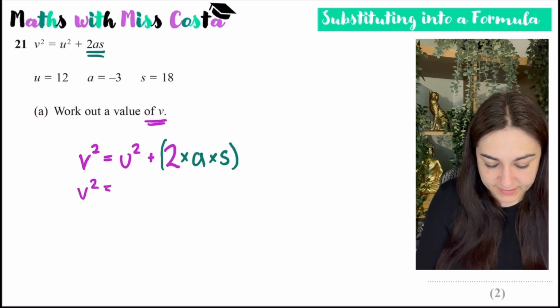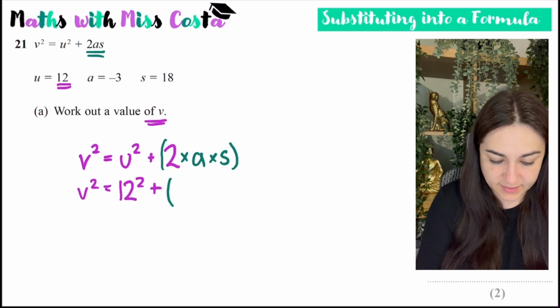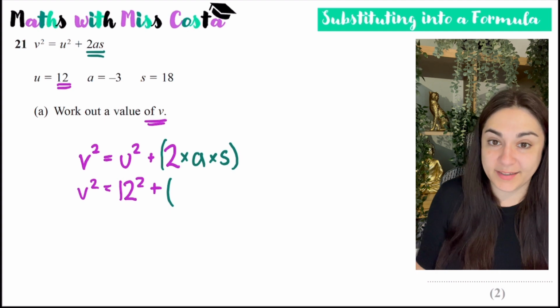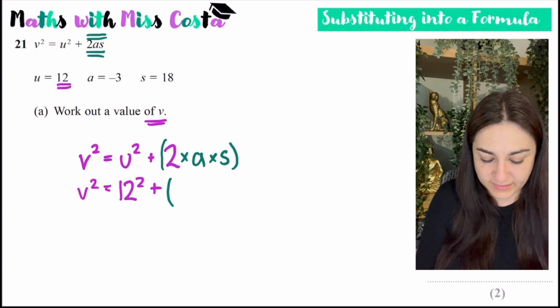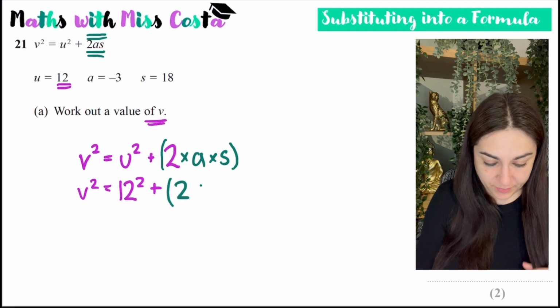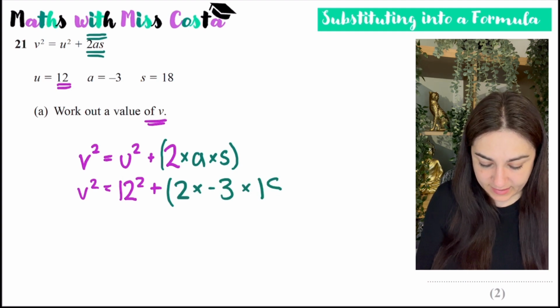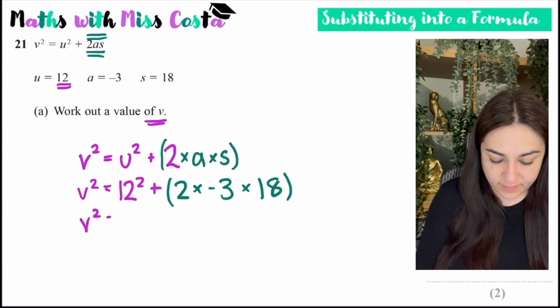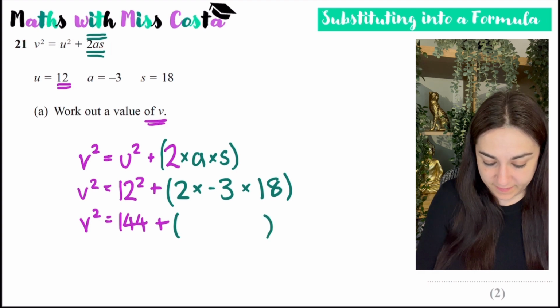So v squared is going to be u squared. I know that u is 12, so that would become 12 squared plus, and it's helpful to put things in brackets just because you know that this is its own separate thing so that you don't get confused. So I've got 2 times a is -3, and then s is 18. So I know that v squared is going to become 12 squared, which is 144, plus,